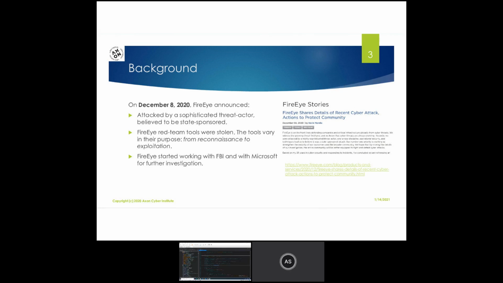So if we go back to the beginning of December, to the first week of December, actually December 8th, there was an announcement from FireEye. The announcement was that FireEye itself, a major cybersecurity firm, has been attacked. And they did not reveal a lot of the nature of this attack or how it happened at that time,